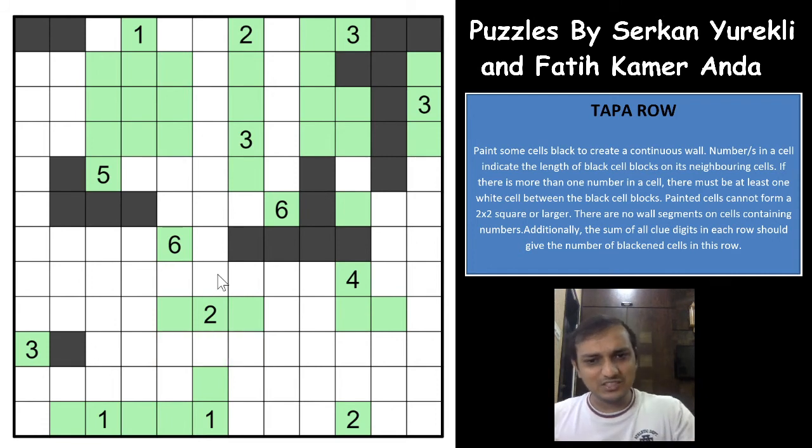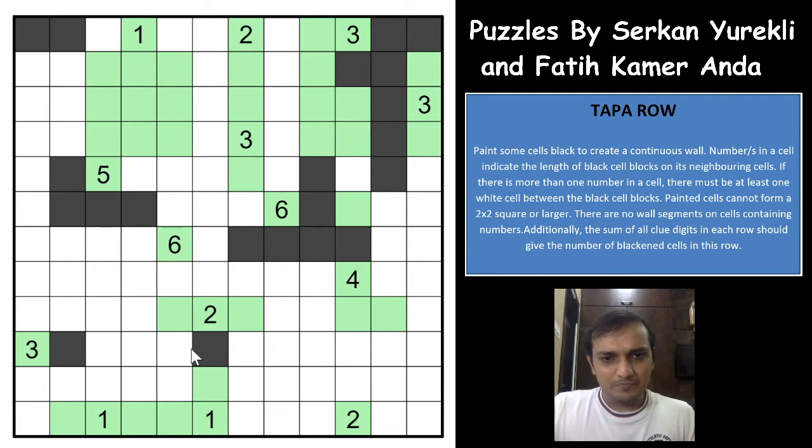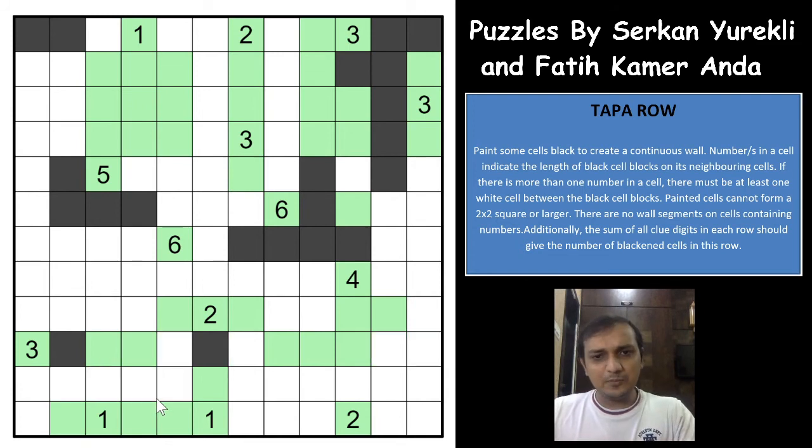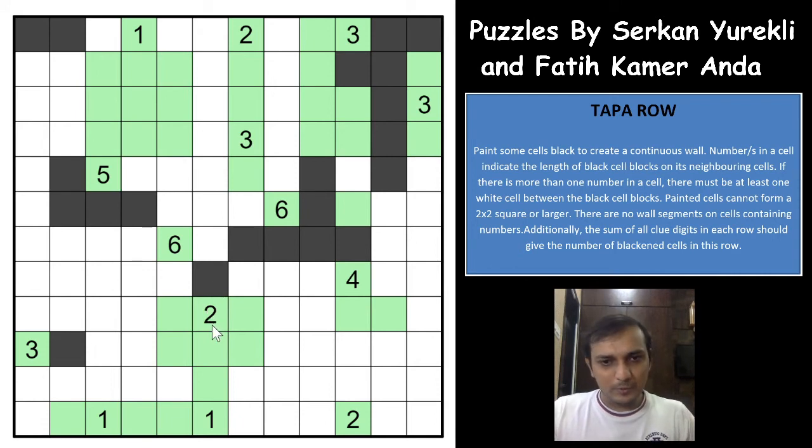Excellent piece of logic. Let me just go with the same logic again. So if this is shaded, this shaded cell will either go this way or this way, and you already fulfill 3 shaded cells in that row. So all the other cells will have to be unshaded, and now this group of shaded cell will have to go this way. That is not possible. You contradict the 2 clue and the 1 clue as well. Excellent piece of logic, which means that this will have to be unshaded. Now 2 shaded cells continuous cannot have these 2 shaded cells. So this will have to be shaded, the common cell for the 2. Okay, that's really nice. But is that helping us now?